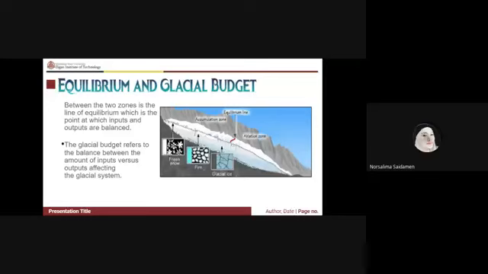On the other hand, the glacial budget refers to the balance between the amount of inputs versus outputs affecting the glacial system. A glacial budget is the total amount of accumulation and ablation for a glacier. If ablation exceeds accumulation, then the glacier will melt. If accumulation